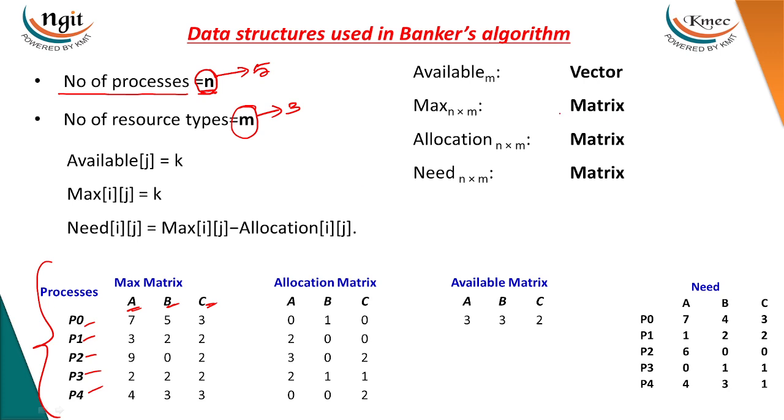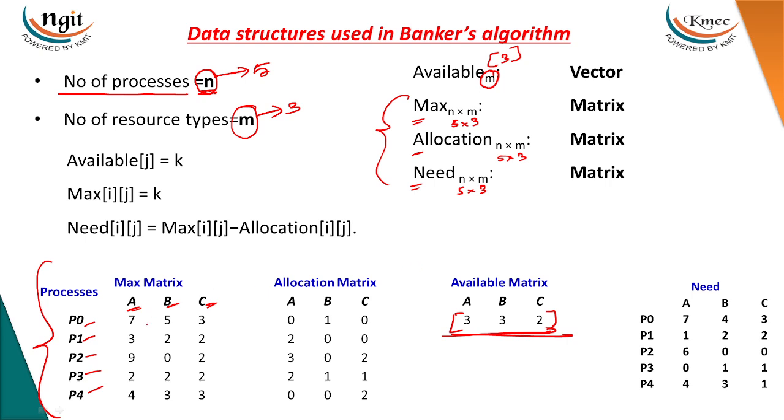Now, how many resources are available at the current time? We consider it as a vector, Available of m, that is Available of 3, which is 3, 3, 2. Then there are three matrices we use: the Max matrix, the Allocation matrix, and the Need matrix. Max is n by m, that is 5 by 3, Allocation is 5 by 3, and Need is 5